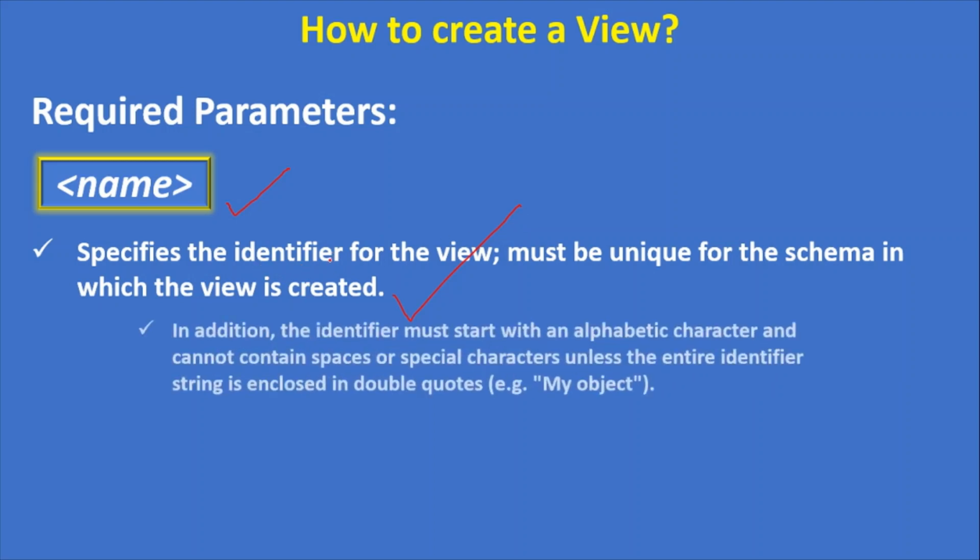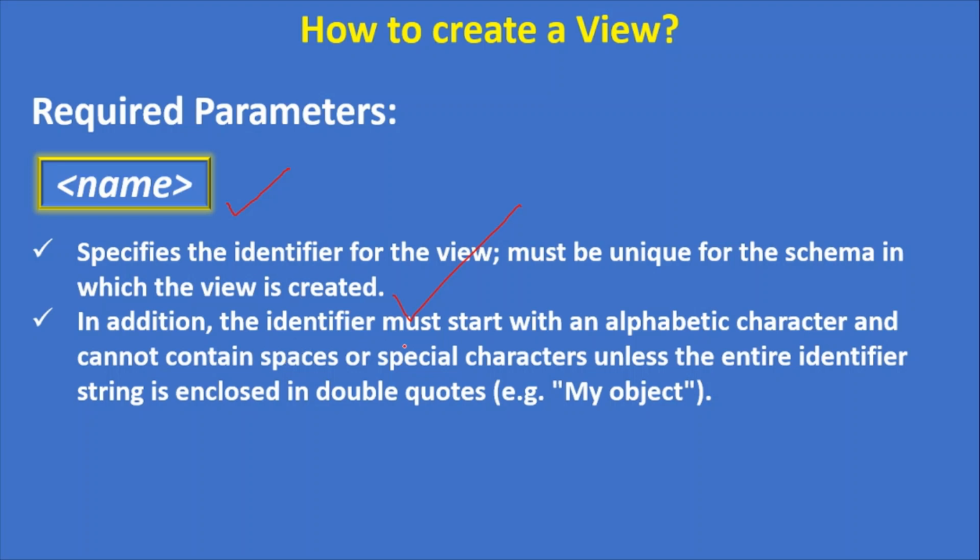The identifier must start with an alphabetic character and cannot contain spaces or special characters unless the entire identifier string is enclosed in double quotes, like this. If you want to create a view with special characters or spaces, then you have to enclose your view name, or identifier, in double quotes.